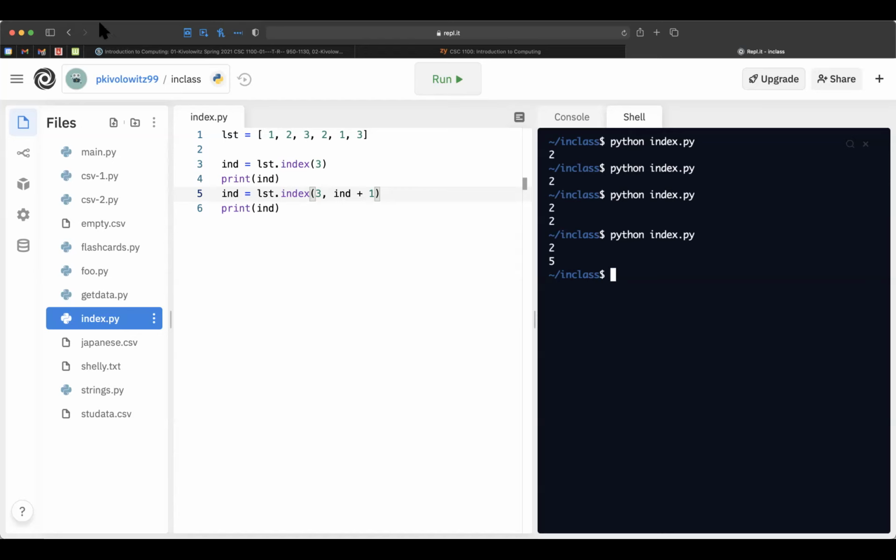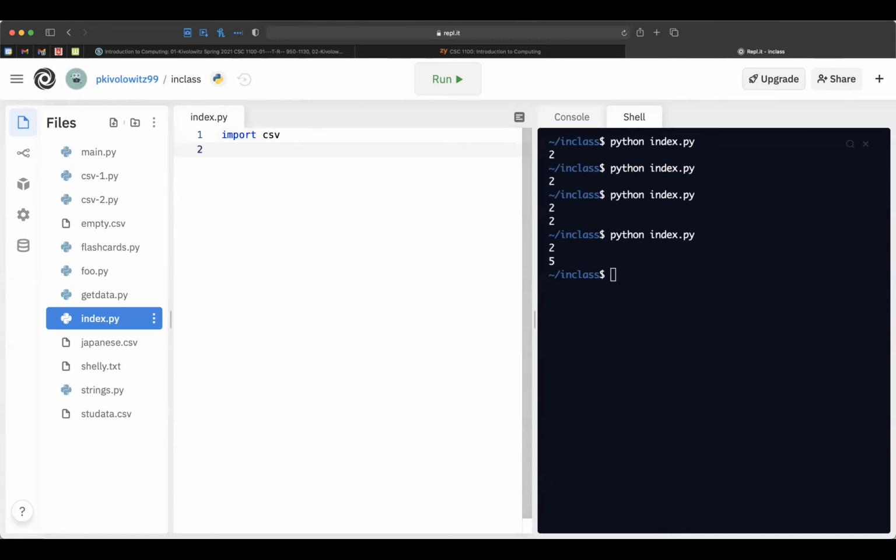So going over, you have to import it, import CSV. And with, that's a funny way of spelling with, open, and let's say Japanese.csv. Did I spell that right? Yeah.